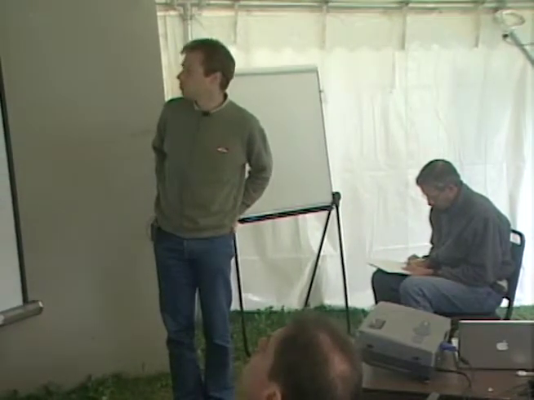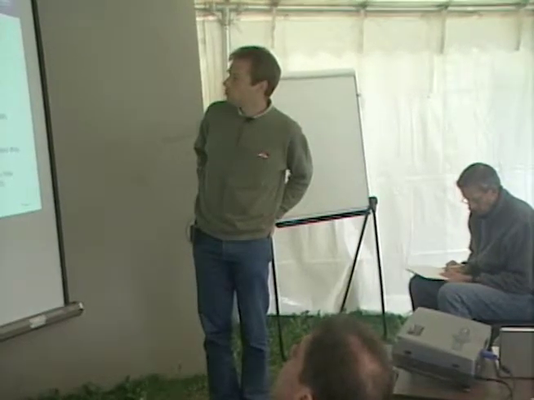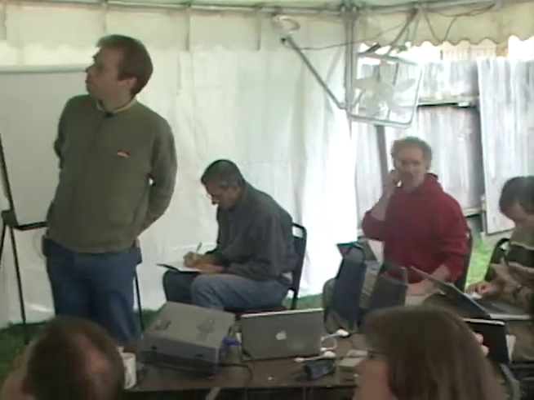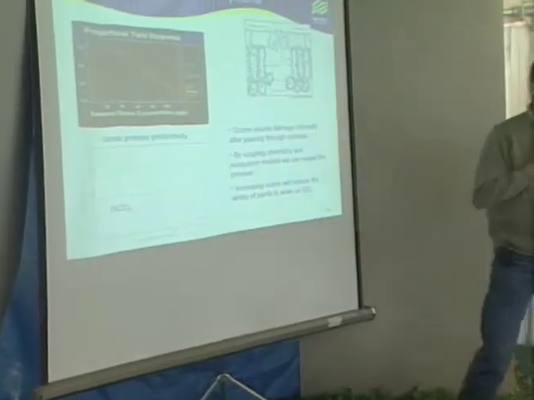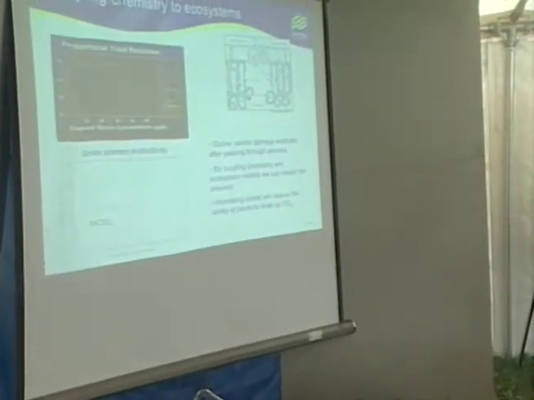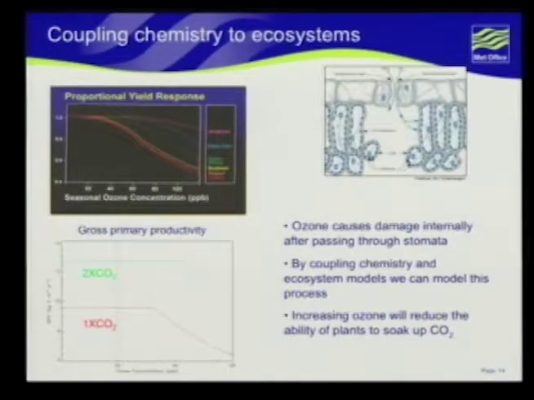It has a very, very small response unless you get up to 100. So that's the mean seasonal ozone concentration, would be 120 ppb for the whole season. Is that what this shows? Maybe you know more than I. I don't know that much. Well, I think what that is, it's a mean seasonal concentration. So as the seasonal concentration increases, the various response levels change.